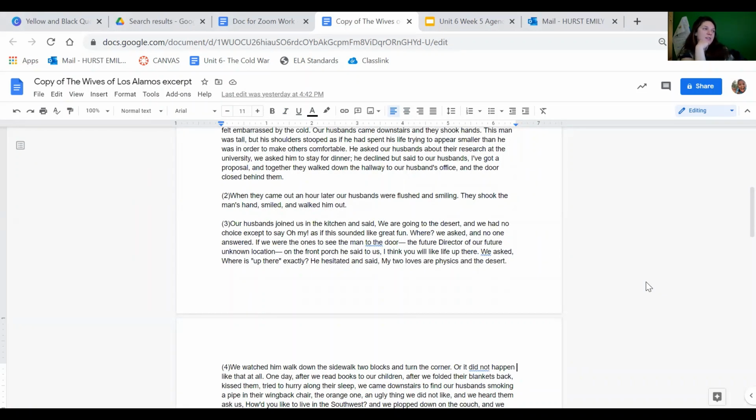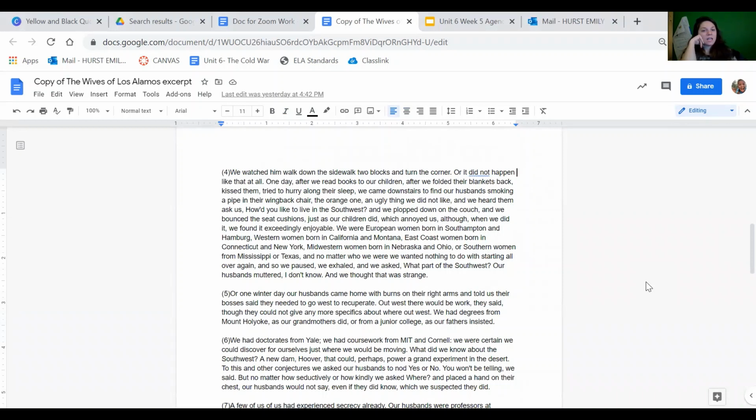Next, we're going to look at paragraph 3. At the end of this paragraph, what words show the director's feelings? What can you infer because of this line? How does this impact the story? Now we're going to look at paragraph 4. What changes in this paragraph? How do you know? How does this change your understanding of the story?